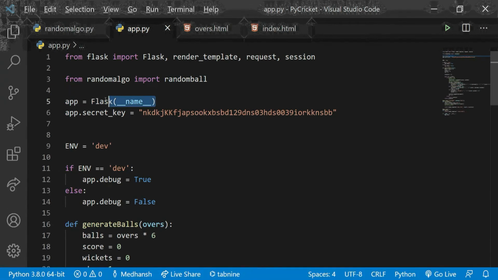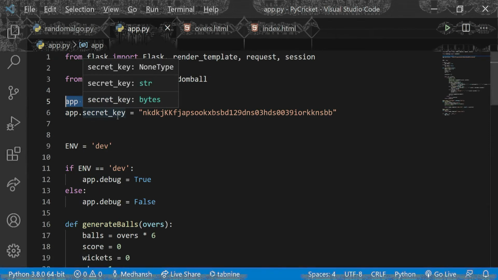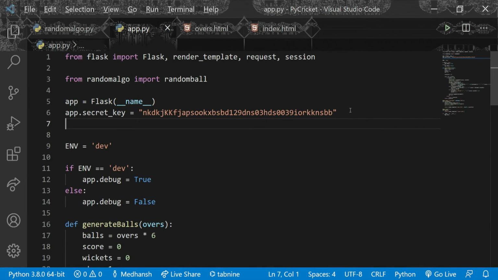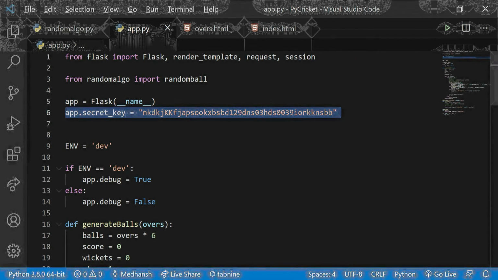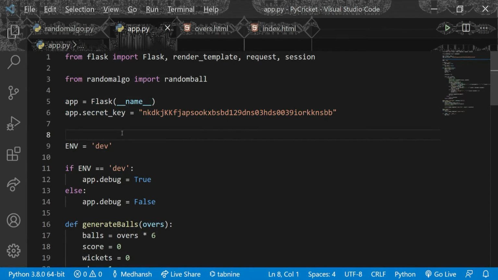Now I have created an app by this function. This is how you define an app in Flask. This is how you set up a server on your localhost, like this. Now I have added a secret key. Beware, if you are going to be deploying this code on Heroku, do not release your secret key. If you are trying to make some sort of website and you are maybe recording a video of it or sending a screenshot, do not even accidentally send this, because using this people can control your website, take it down, do stuff like that, etc.